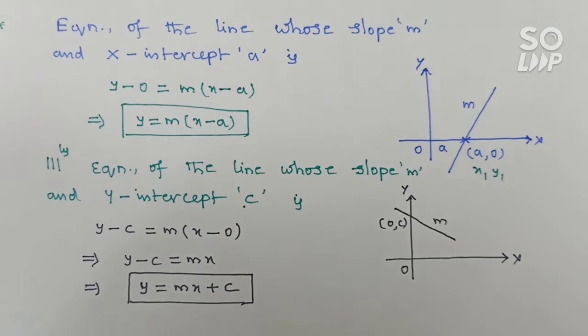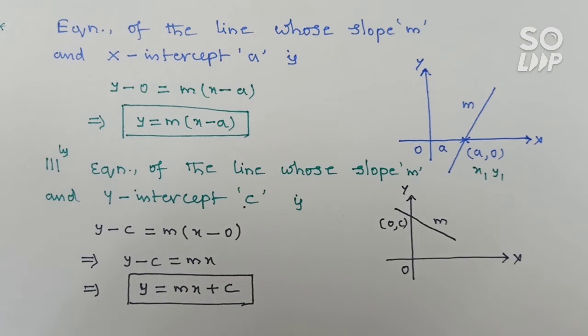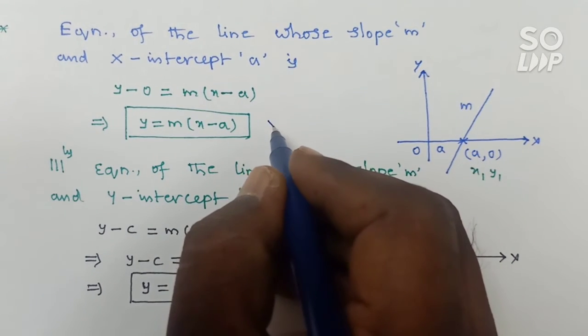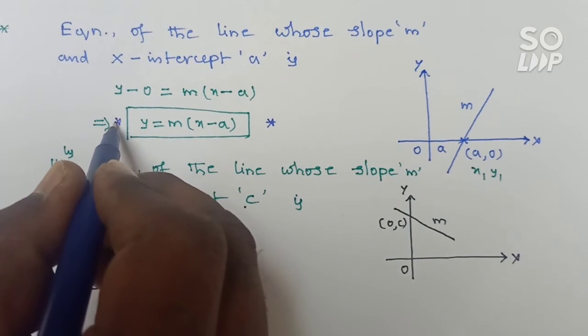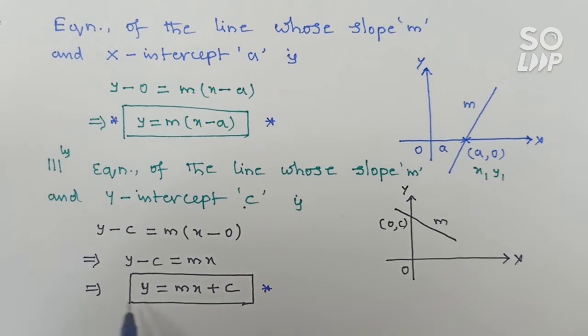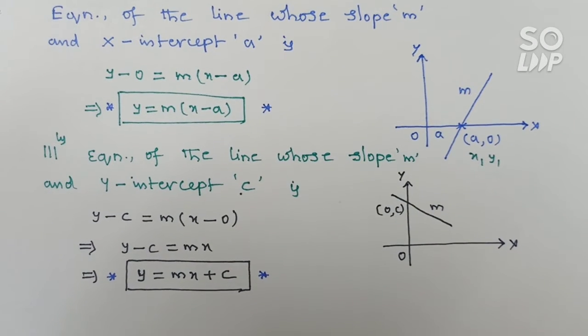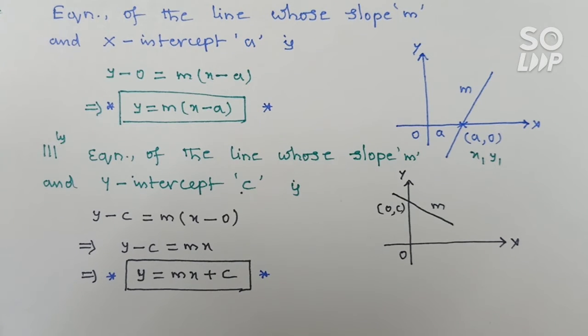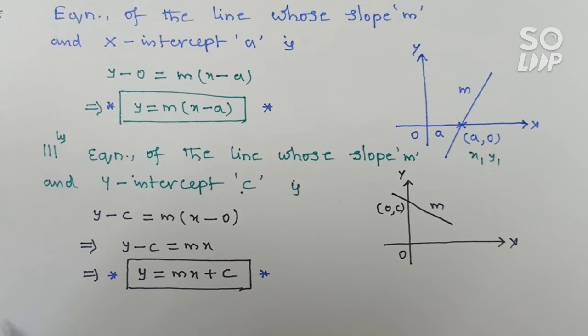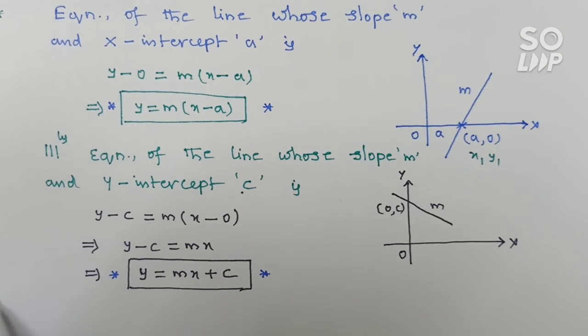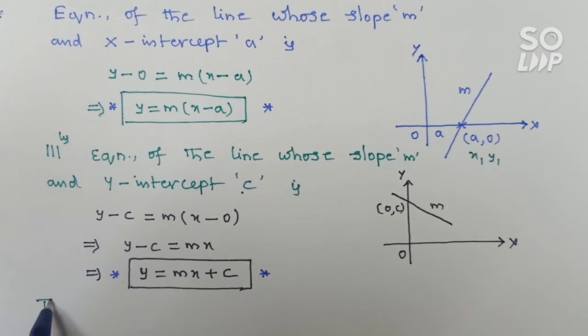So these two are very important formulas. Please everyone remember these two formulas, because these are the fundamental formulas. Most of the students already know them from the lower classes. That means in 10th standard, those who have studied coordinate geometry are mostly very familiar with these two formulas. Okay, the next concept is the intercept form.